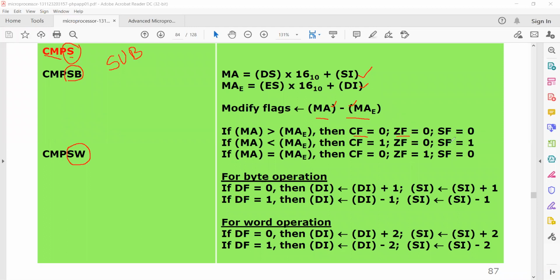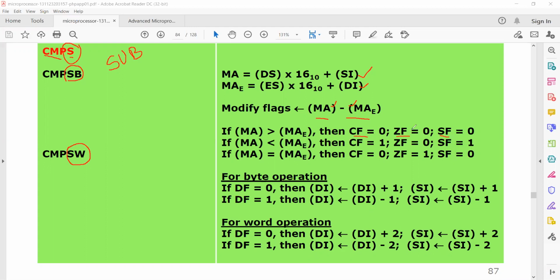Based on the values of the carry flag, zero flag, and sign flag, we decide which string is greater: whether the destination string is greater than, lesser than, or equal to the source string. That kind of comparison is done based on these flag values.